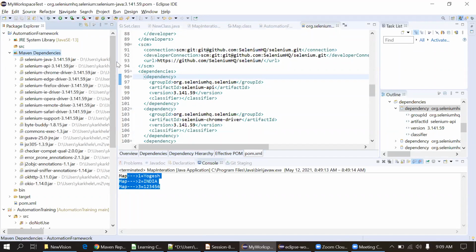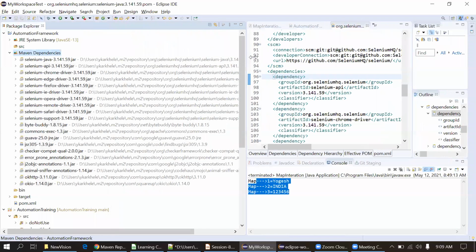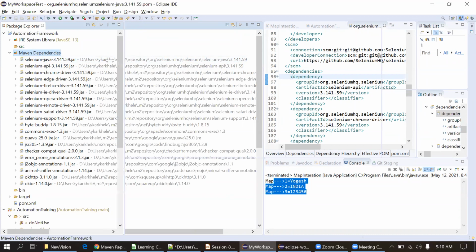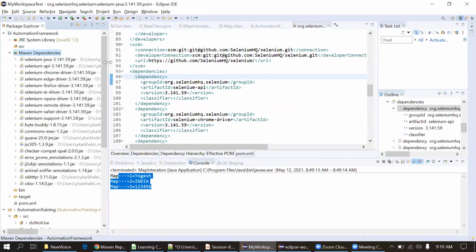So I am expanding this window, the left side one, so we will get the location where it actually resides. So D, user, my system name, then the .m2 folder. Under this folder, all the repository got saved. Why am I telling this location as well? Because if you're downloading multiple dependencies frequently, you might get a compilation error or some other error, and it might be due to the Maven dependency. It might create a conflict. In that case, we can simply delete that m2 folder and re-download all the dependencies. It will resolve your problem.